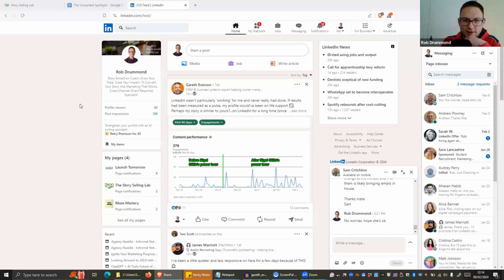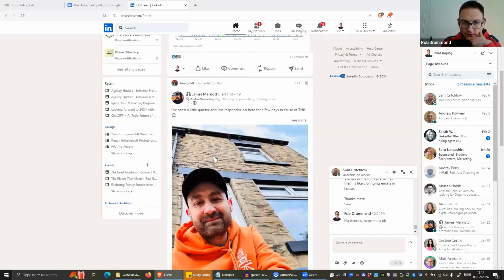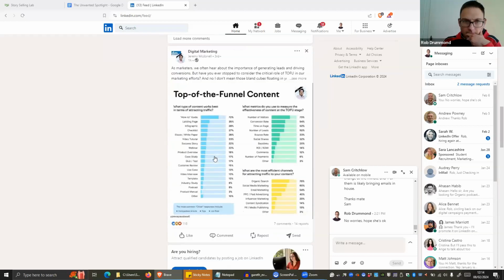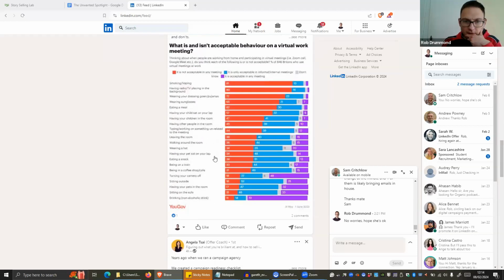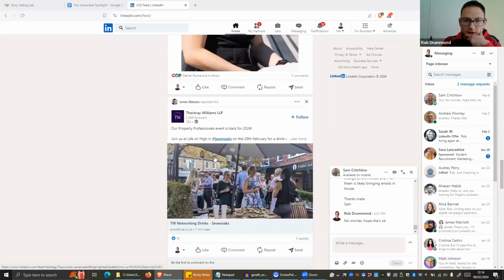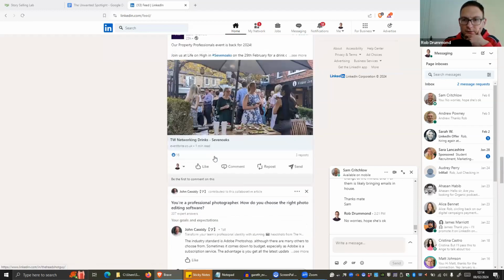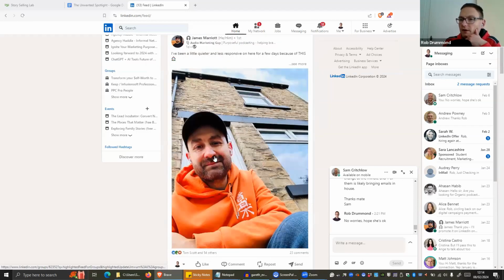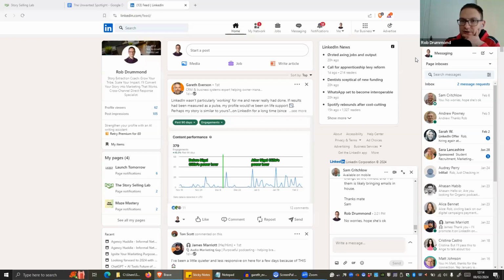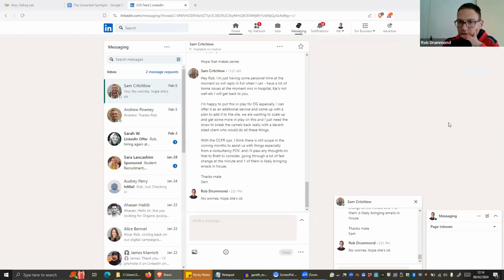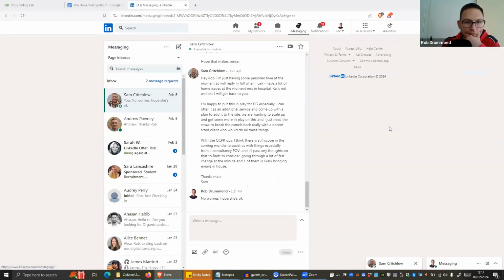The two main formats, there's ads that appear in the news feed itself. I don't know if I'm going to see any. You don't generally see as many in the news feed as you do on Facebook, for instance. I've seen more joy with the messaging part. So I've got the messaging section on the right, where we can open it up. These ones here, see where it says sponsored.